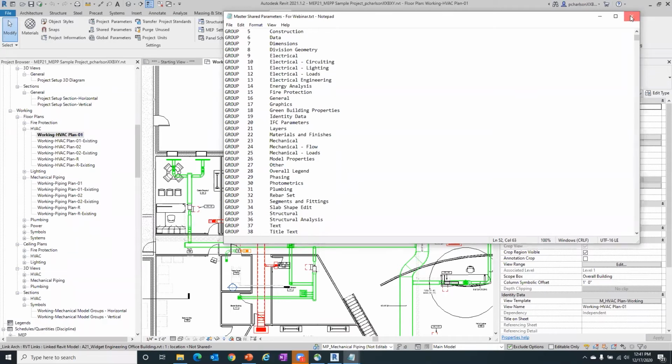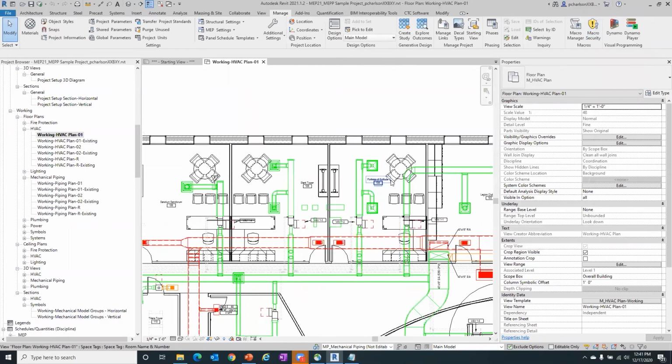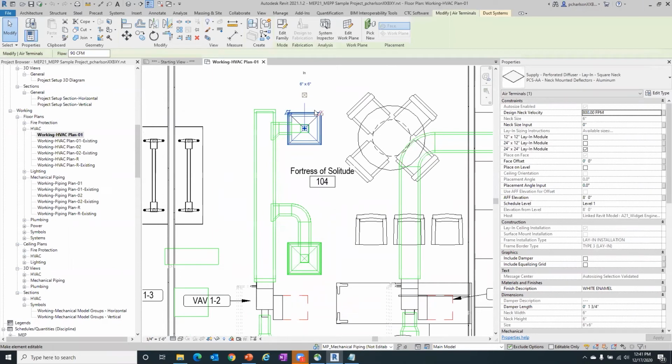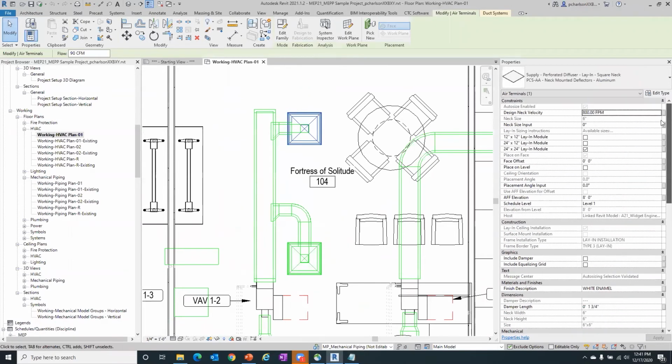So let me get back to our project here. And I'm gonna take an instance here. We're gonna zoom in and we're gonna take a look at this supply diffuser. So again, this is in a sample project. And when I go in and click on this, you'll see a lot of information over here on the properties. So if you have used a supply diffuser from the out-of-the-box Revit, there's some pretty basic